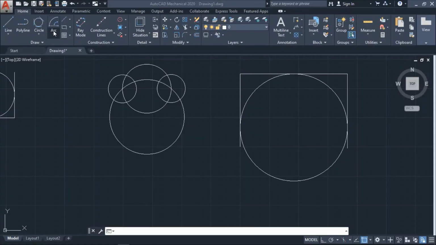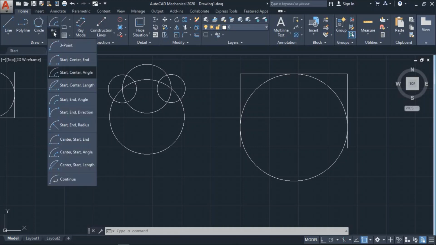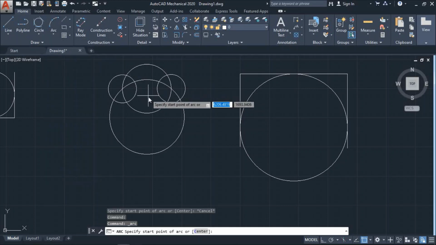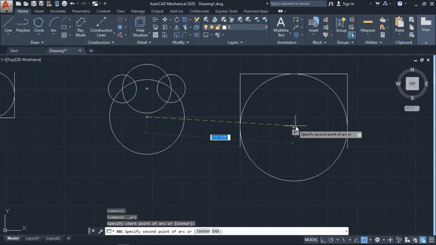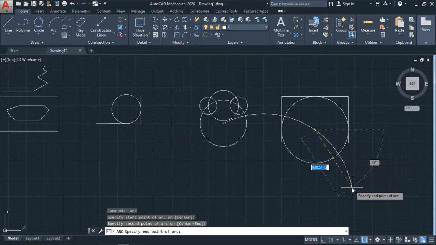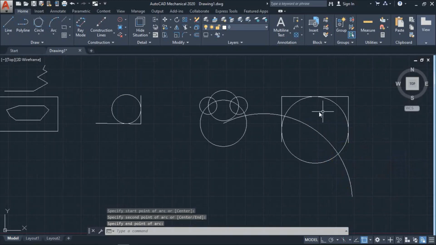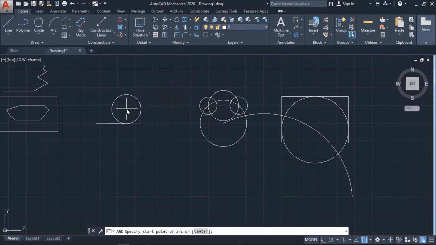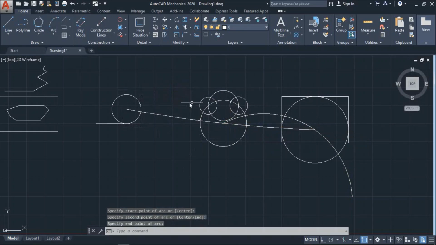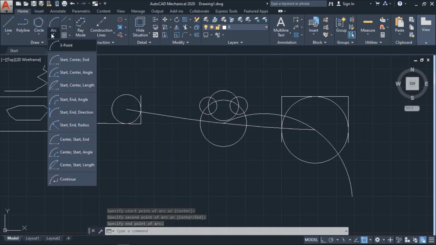After this circle function you have the arc. So arc is used where you don't have to determine a complete circle, you just need an arc. So the first arc is the 3 point arc. In this 3 point arc you have to determine the first point, the second point, and the third point according to your requirement. Okay, like this. It is a 3 point arc, means you can take it like this: first point, second point, and third point. Okay, it is a simple arc, the 3 point arc.